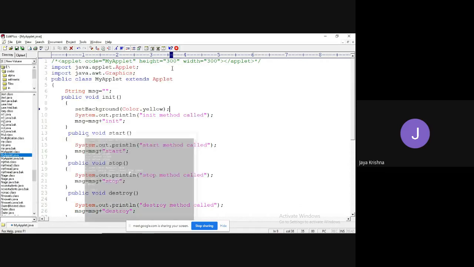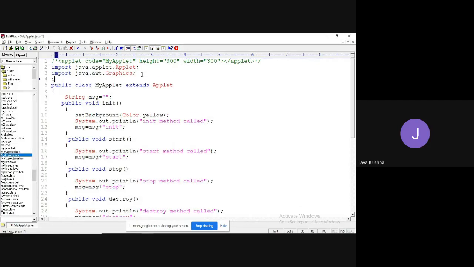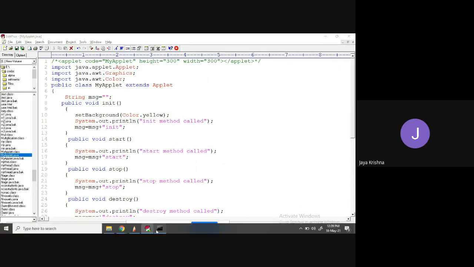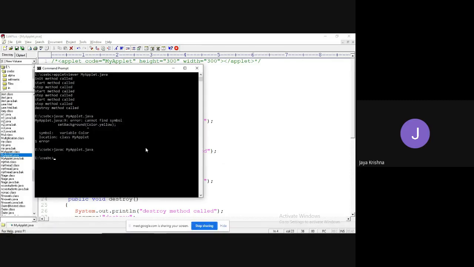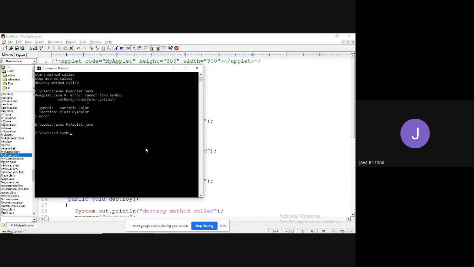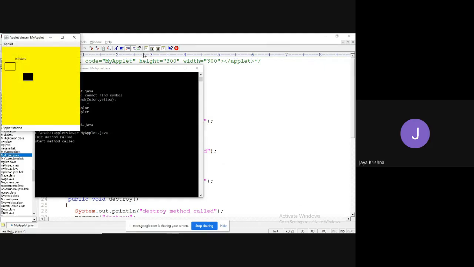See, guys, here we have to import that class also. Import java.awt.Color class. Instead of writing this specifically, you can make it a star so that all the classes of the AWT package will be imported. Now observe, you won't get an error. Successfully compiled. How to run? appletviewer myapplet.java. Observe, you got the background color or not?